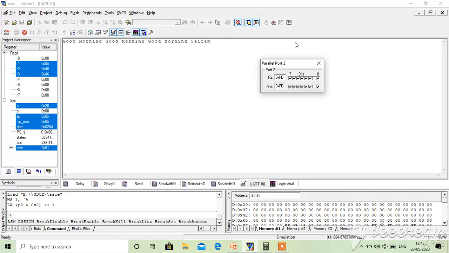Next, if you make it 1, next time it will be sending the good morning message. Observe. After completing Sai Ram College, it starts sending the good morning message. So again, if you make it 0, after completing good morning, it is sending Sai Ram College. Yeah. So this is how, based on the application,